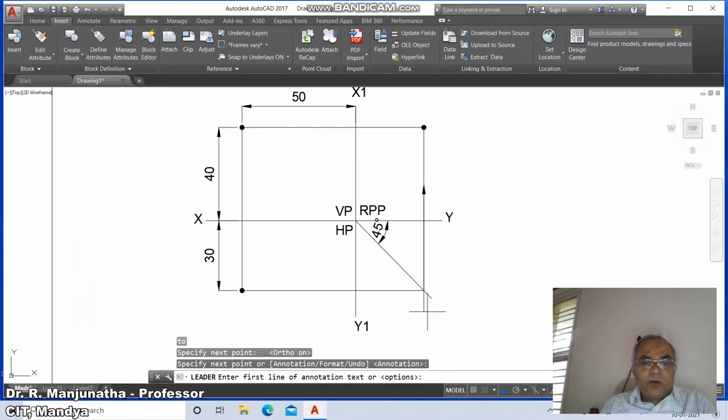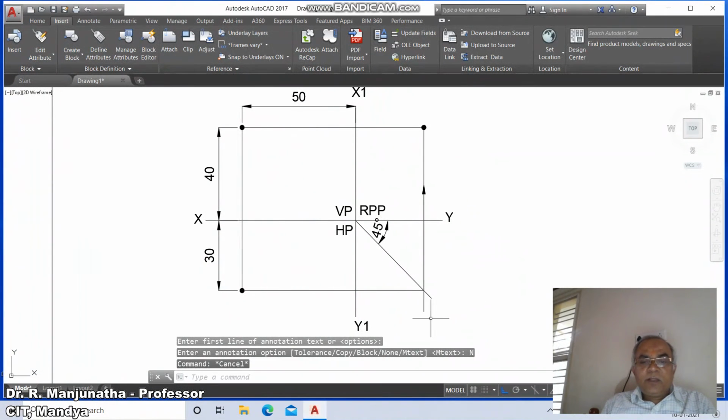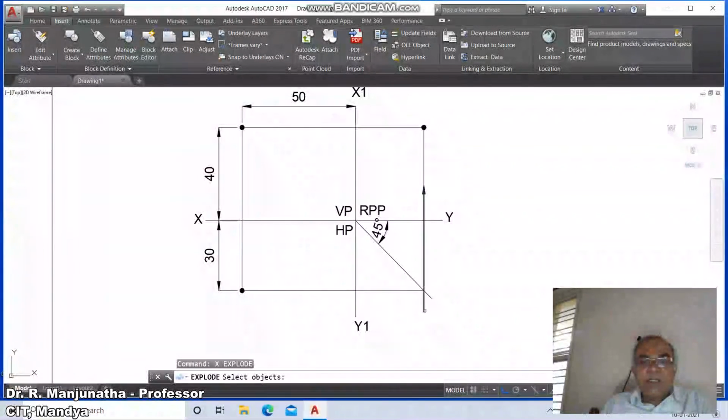Then leader line. Then come down to none. Type NON. Type N. So you will come out of this. Then go to erase and remove this. Sorry. Then go to explode. Select this and explode it. Then you remove this line.